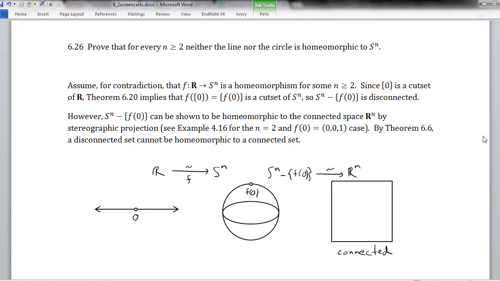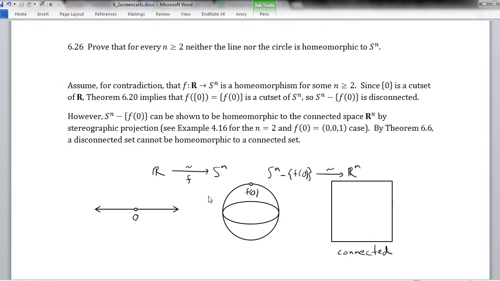Exercise 6.26. Prove that for every n greater than or equal to 2, neither the line nor the circle is homeomorphic to Sn. Okay, well, let's deal with the line first. So assume for contradiction that the line is homeomorphic to Sn, and so we have a homeomorphism f from R to Sn with n greater than or equal to 2,